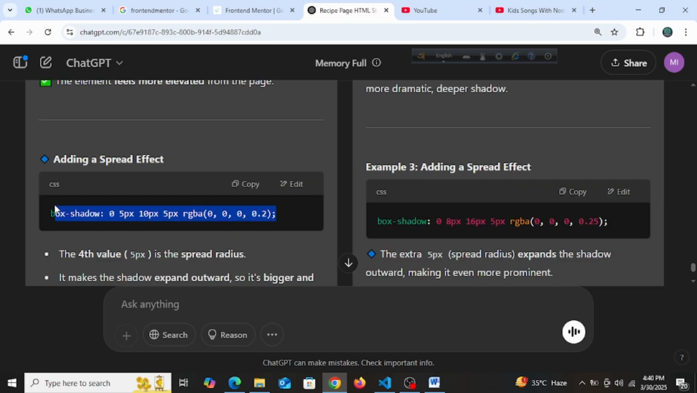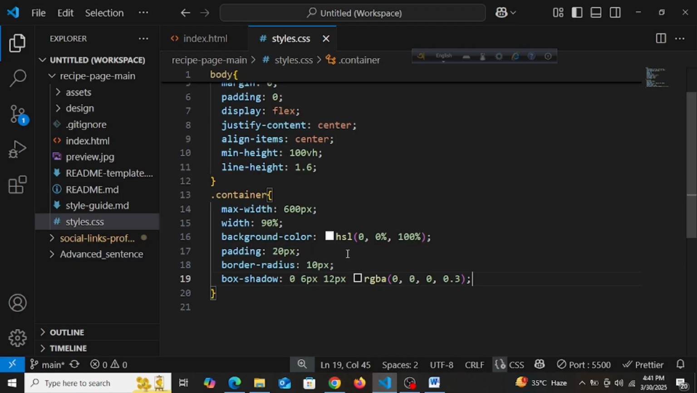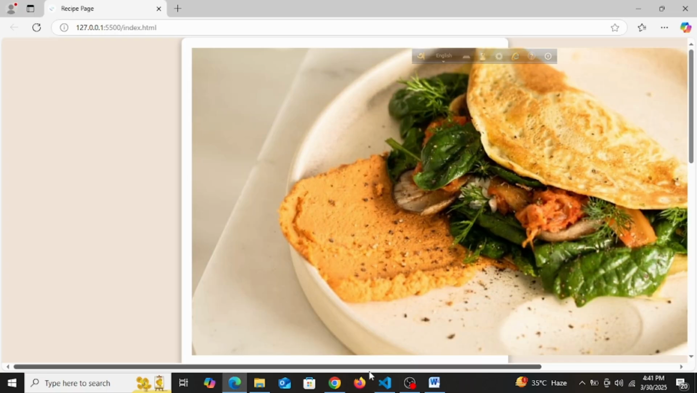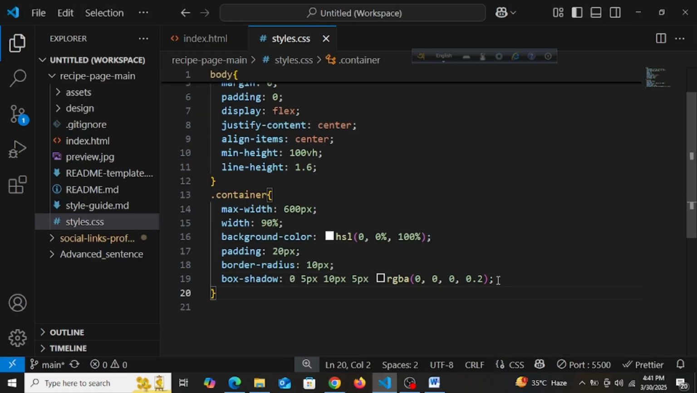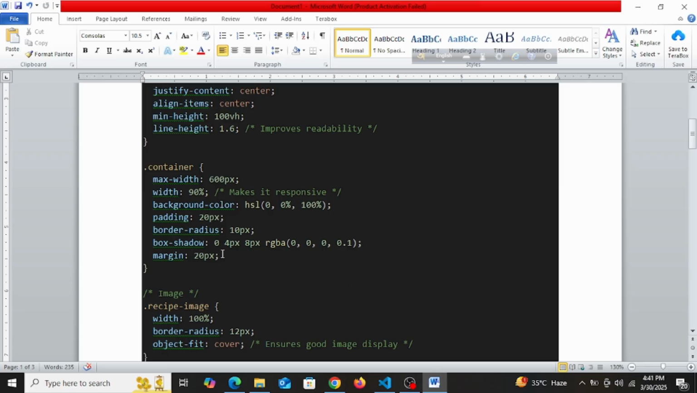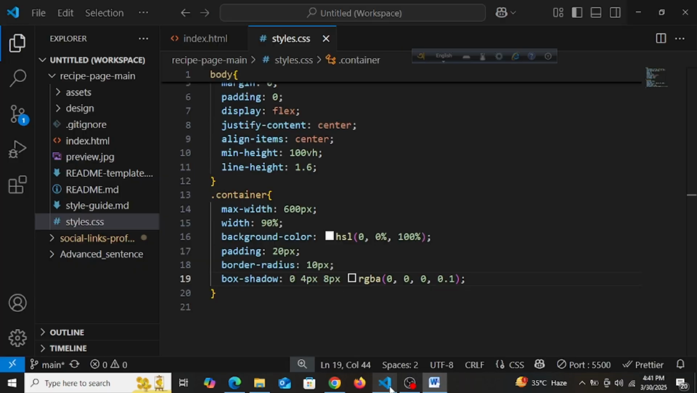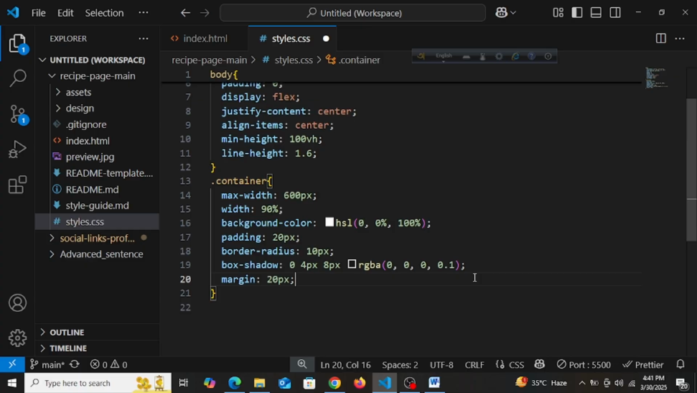So if you provide this, okay, let's just forget about this for the time being. And now guys, we have margin 20 pixel. So we are doing the margin in the container, right? So container,